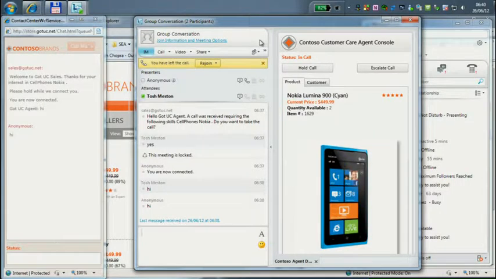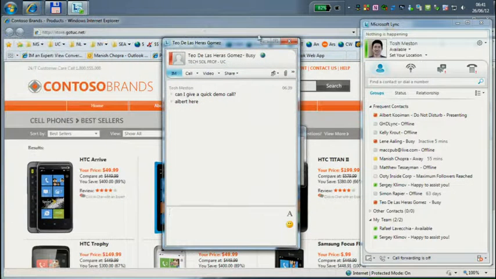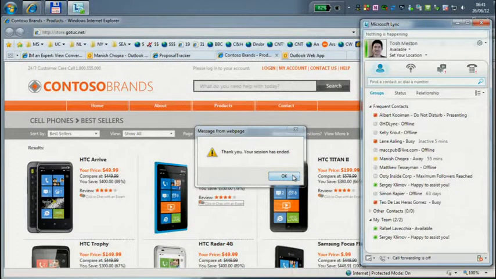But do you now see how you... So I did the whole experience first in a website using the Silverlight application or your HTML. If I would have needed to add the voice channel, I actually could have called that person on their real phone number. So that is how you bring those modalities together. And maybe in the future, you will actually be able to do this all end-to-end using the Lync technology on a website. So here we go. So my session has ended.